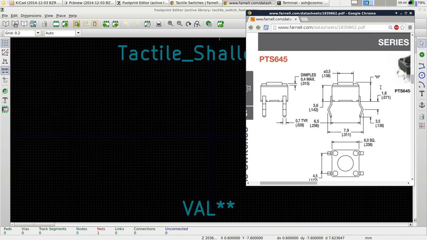Maybe sometimes they don't. You know, sometimes you get really crappy schematics, crappy diagrams, where it just doesn't even say, or there'll be really useless, confusing layouts and things like that. But it seems like in the majority you can work out what you need to do from the document. We know it's a 6mm switch, so that 6 there is 6 square. We know that measurement is in millimeters,